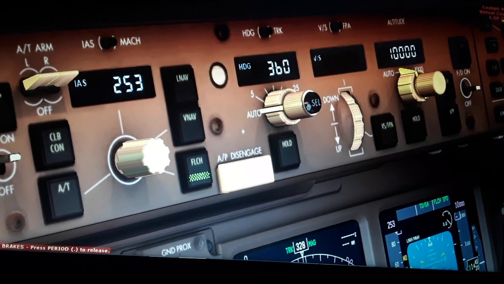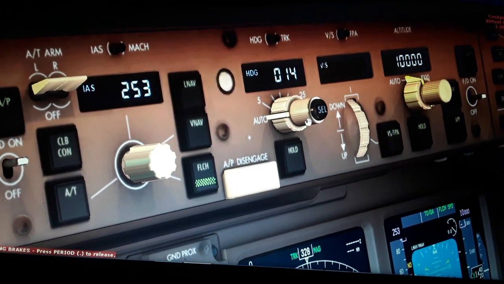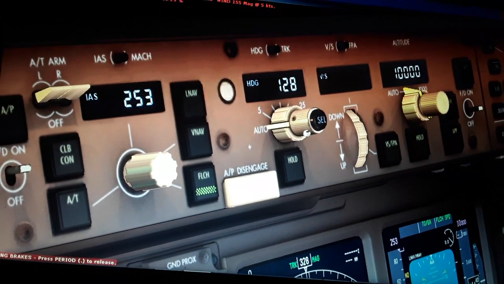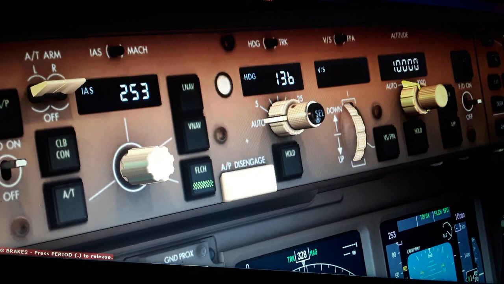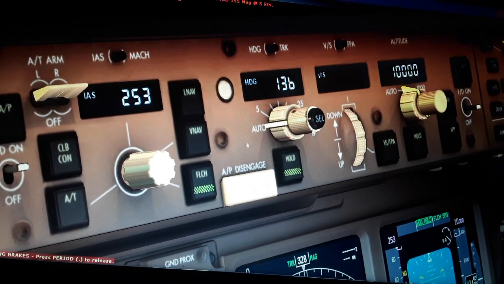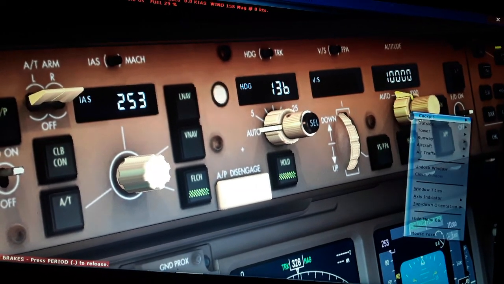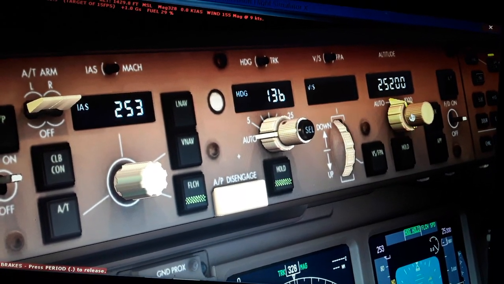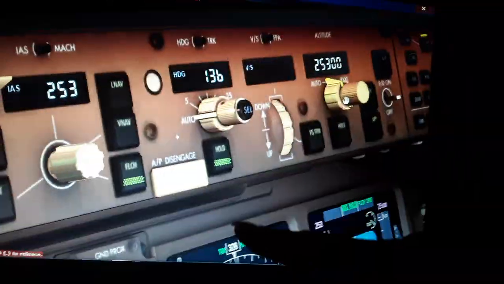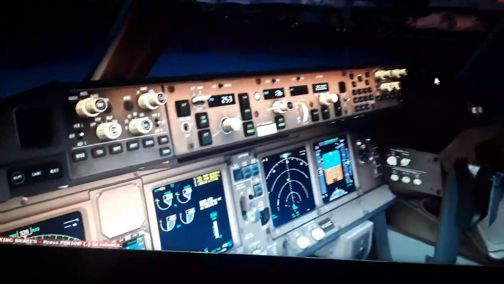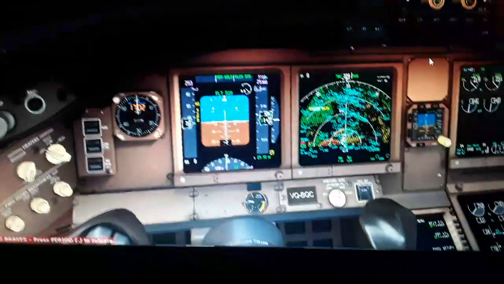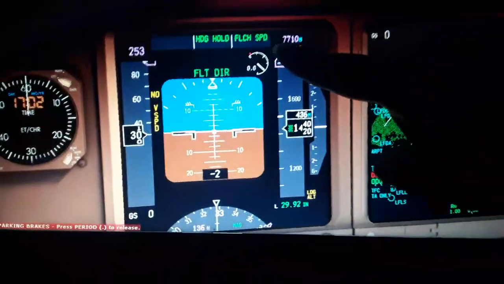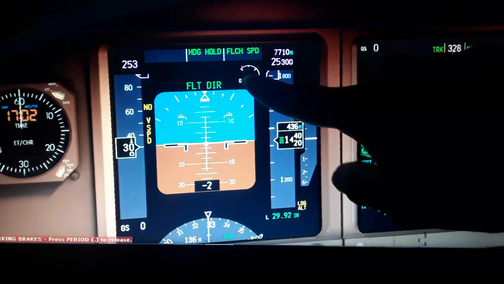So I'm gonna set the heading here. We're flying the aircraft. We're gonna set the runway for takeoff. Select and deselect this, the altitude also. So we're gonna set 35,300, and now we have the airspeed and the heading. So this is the target airspeed after takeoff and the target altitude for this heading, holding flight level change speed